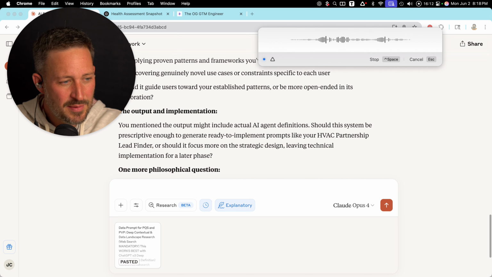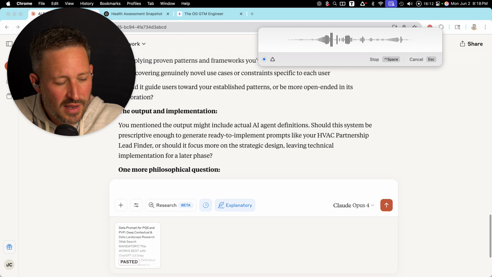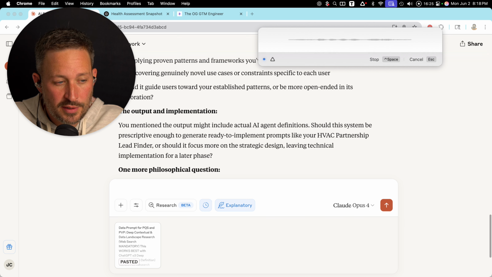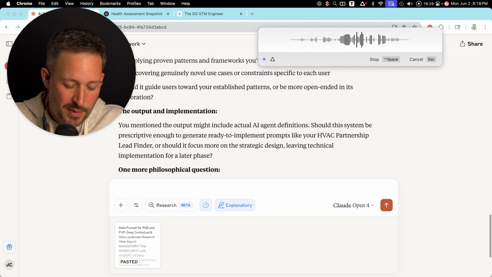I think that it really should focus on, you should go and figure out how many tokens Claude Opus 4 can actually output, and you should do as much as possible within that framework. And then you should basically tease additional value. It's like, hey, do you want me to do this thing next? So this sort of mega prompt should really know everything that is going to be important here.